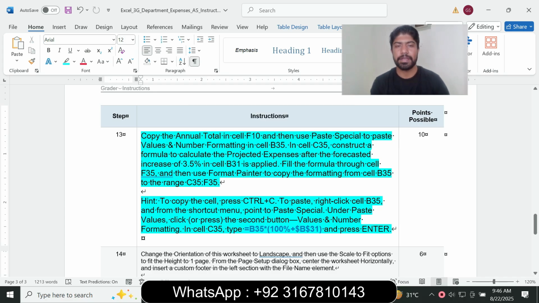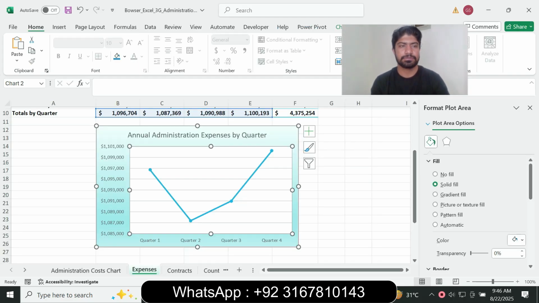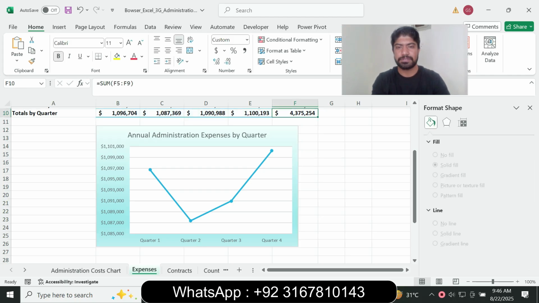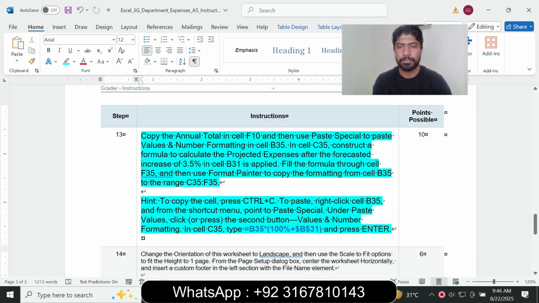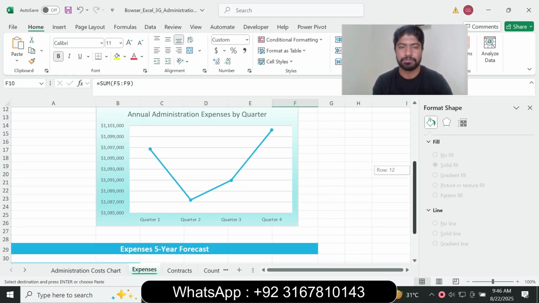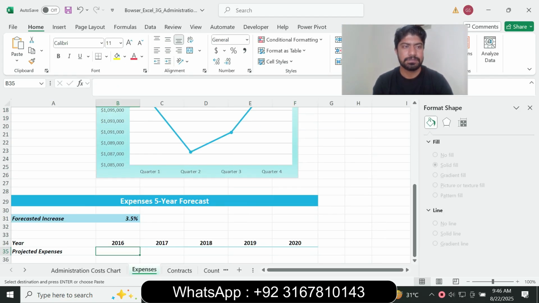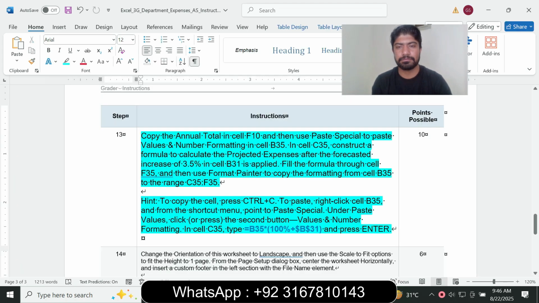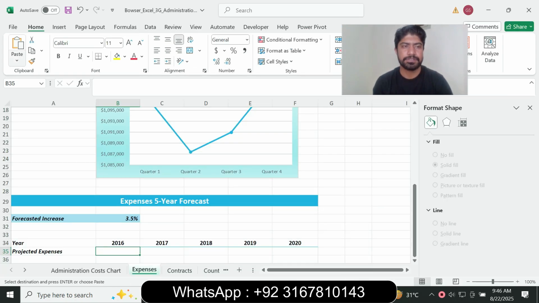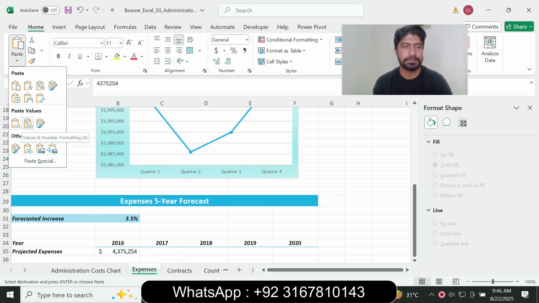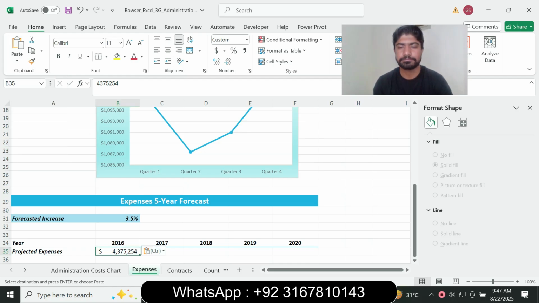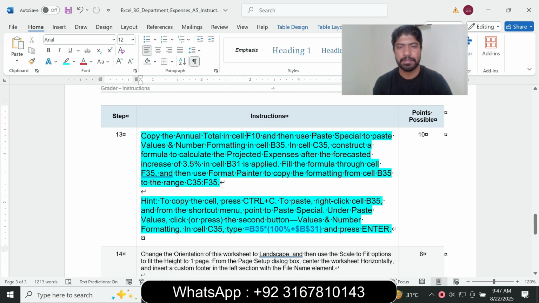So copy the annual total in cell F10. So type F10, press enter and click copy, and paste special value and number formatting in cell B35. So go to B35, select B35 and next is paste special, value and number formatting. Click OK. Value and number formatting in cell B35, and next is